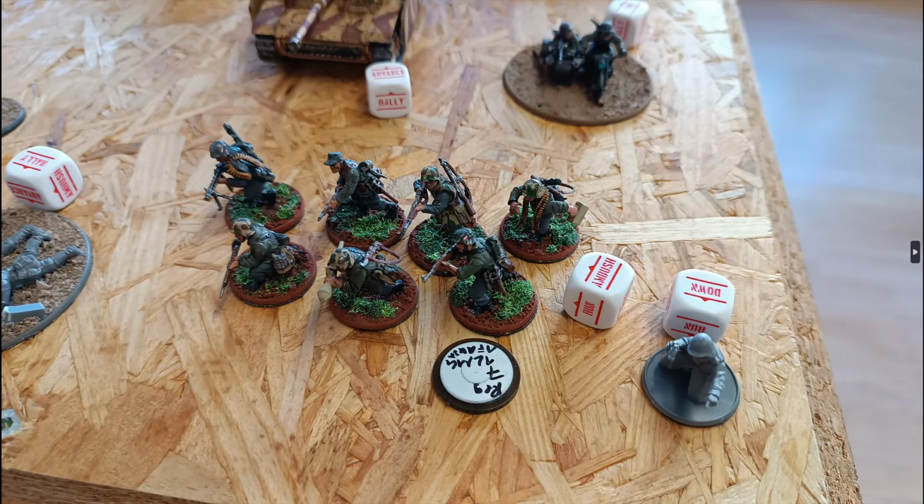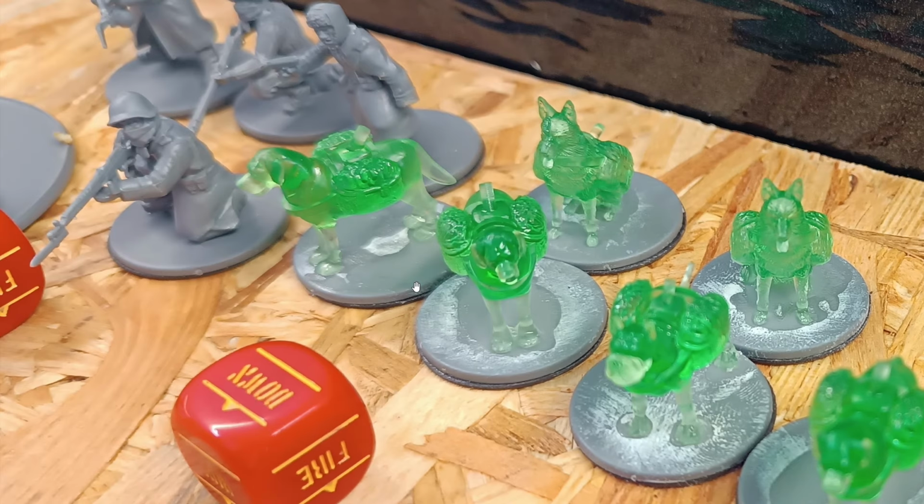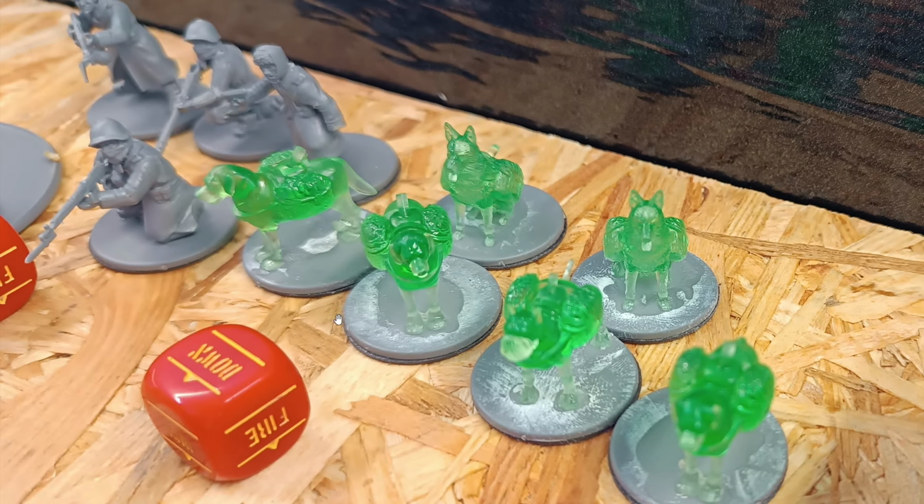So let's come to Alex's army. Alex brought his new Pride of the Legion, his bomb dogs, and I think they are really good. As I recall it, you can advance and then release these dogs. I think they have 4 dogs. I don't know why he has 6 with him, but he explained something to me. But they have only 4 dogs, and you can release them either 1 dog at a time, or you